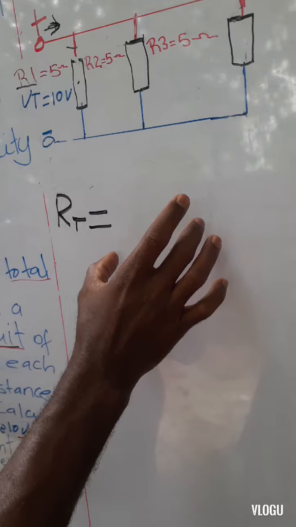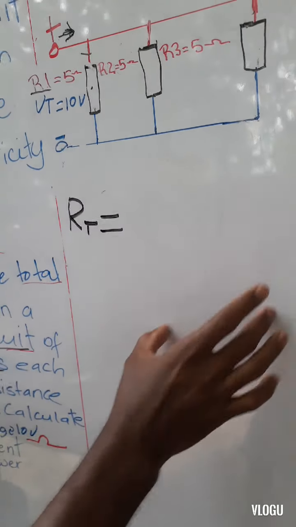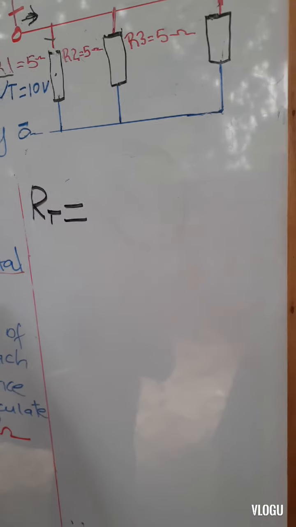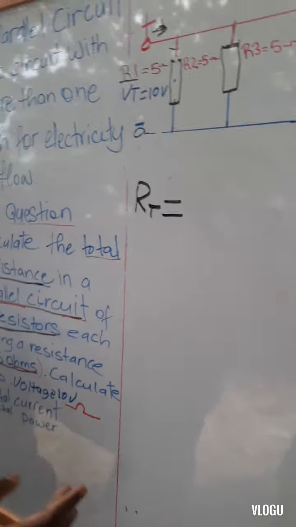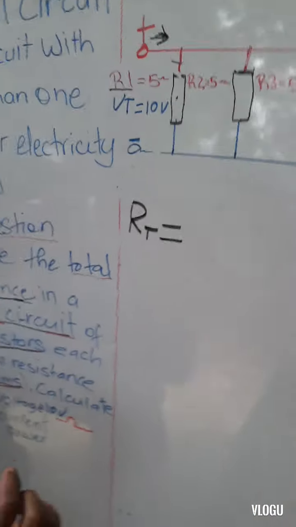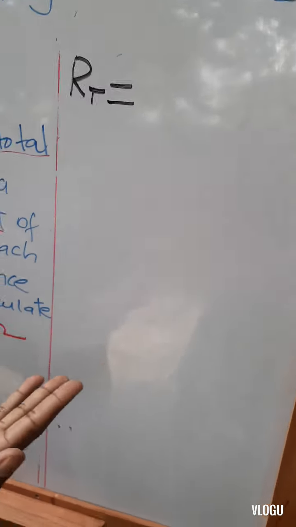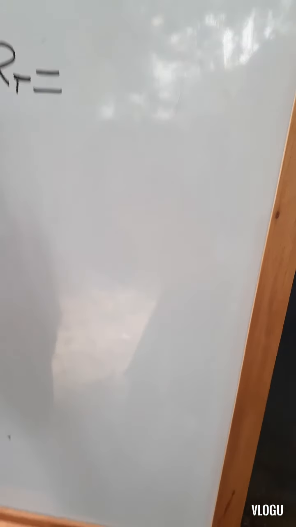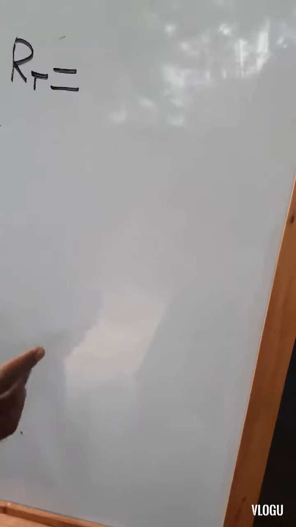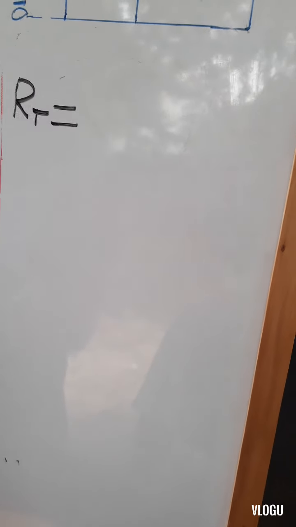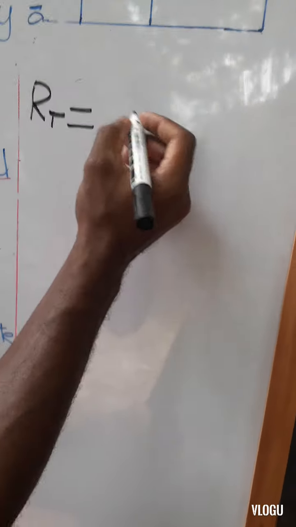This one I'm using is a longer one, but it's a general formula, meaning it can be used to calculate any parallel circuit. The shorter ones can only calculate specific types of parallel circuit, and I want to show you those afterwards. So I'm just showing you the general formula we use to calculate resistance in parallel. Here we go. The formula is this: